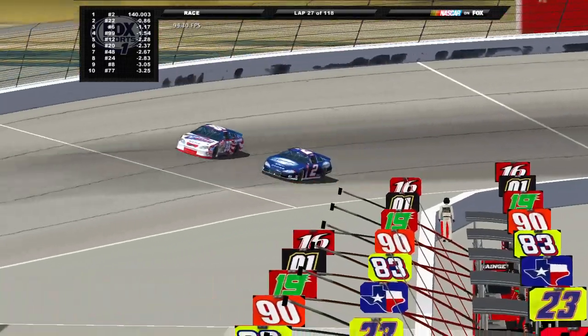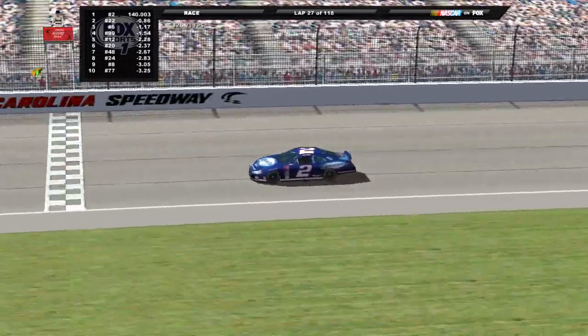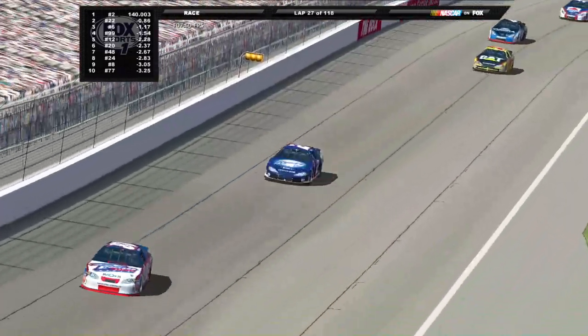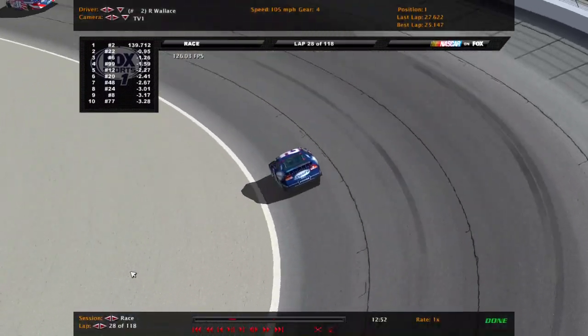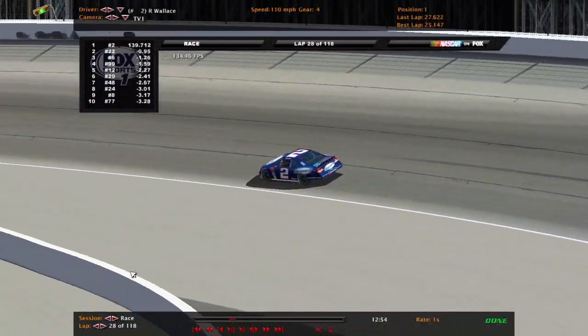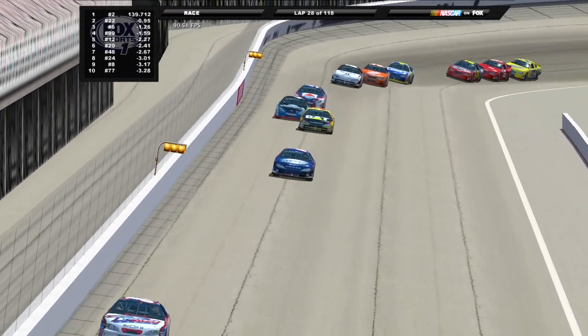Goes up to that high side and takes his lap back, so very interesting there. But Rusty Wallace just kicking butt and taking names in this race. But yeah, as you can see, they are going much slower now due to the tire wear. So gonna be interesting to see